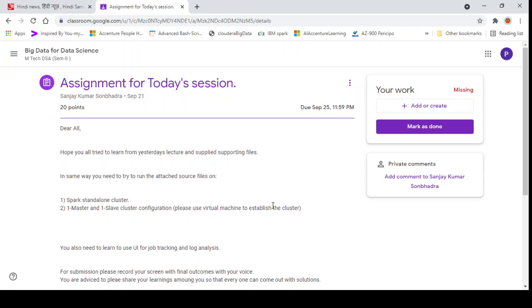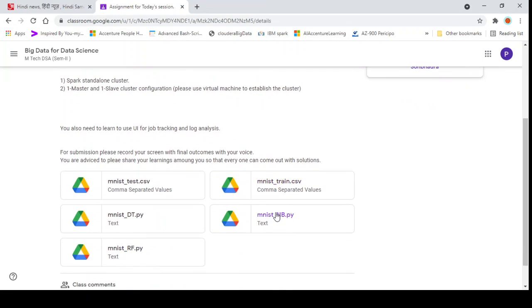Now let me explain what the task is. I have a test and train data set, and I have to build a model over this data set and fetch the accuracy also. I will build the model using three different ML classification algorithms and check the model accuracy in each. My first classification algorithm is decision tree. After that I will run naive Bayes, and the third one is random forest. So let's start.